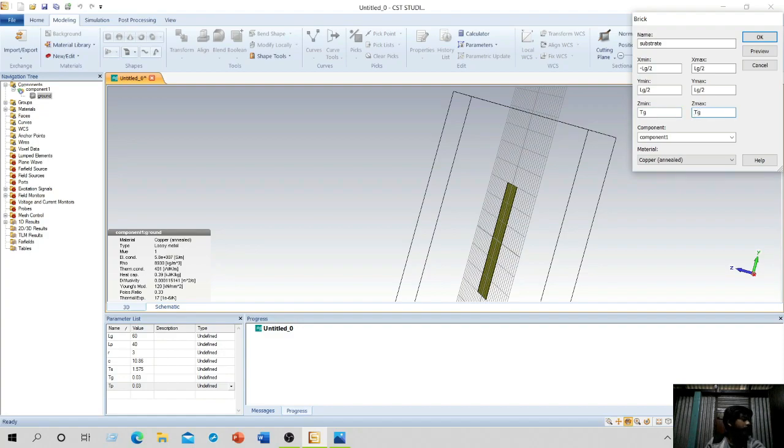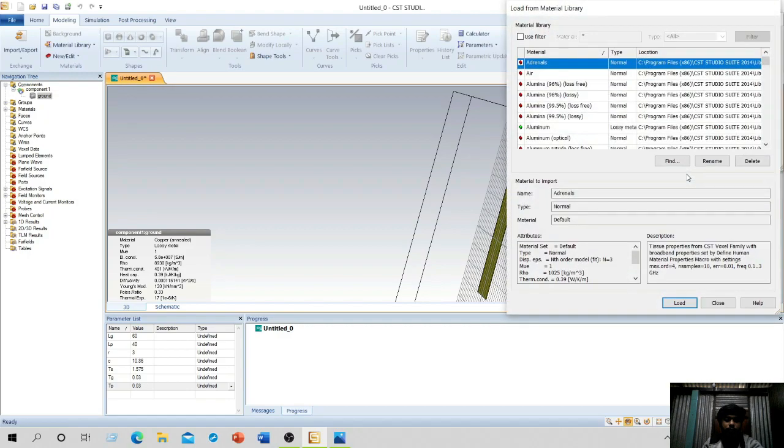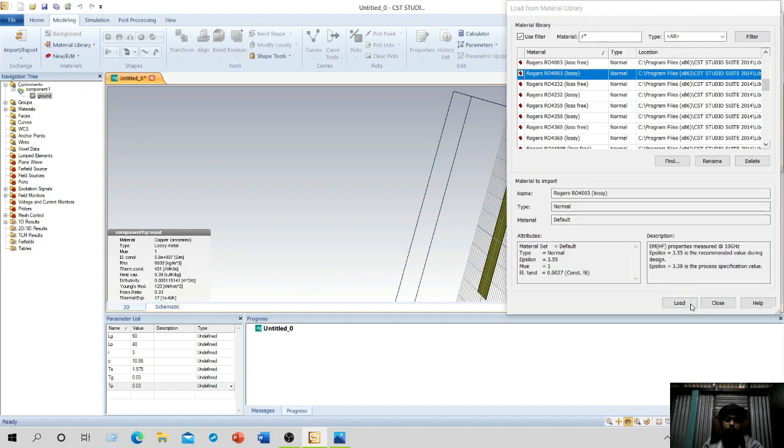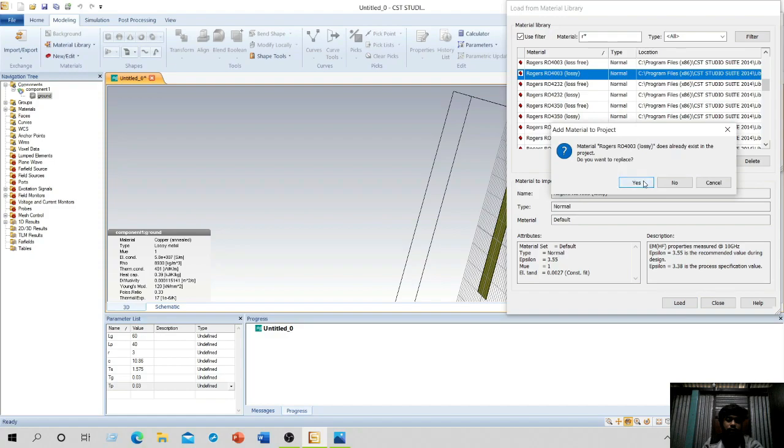Then we will select the material as Rogers RO4003 from the library. We have to find it from the library. You can find any other material you want to use from the library. Now I'm searching for the exact material you want to use. We have found our material. We select load, and then you click on yes,